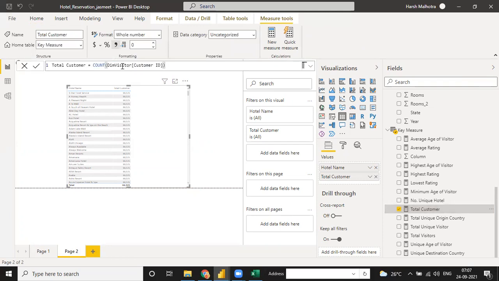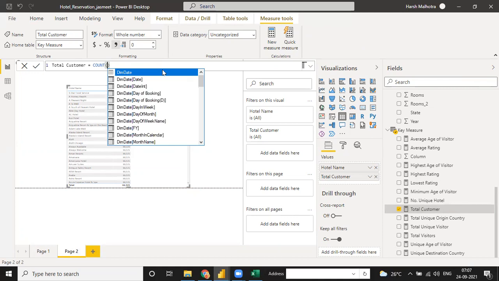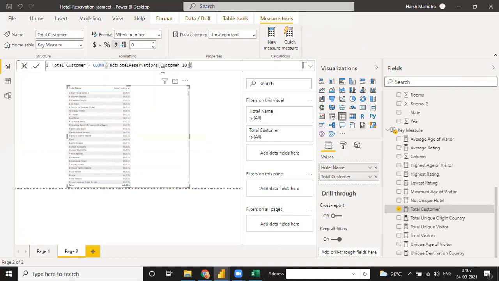Okay. See, listen. Count you have to set with the fact table, not with a dim table. Because in the dim table you have a unique number of items. So count you have to select with the fact table. Fact customer item.